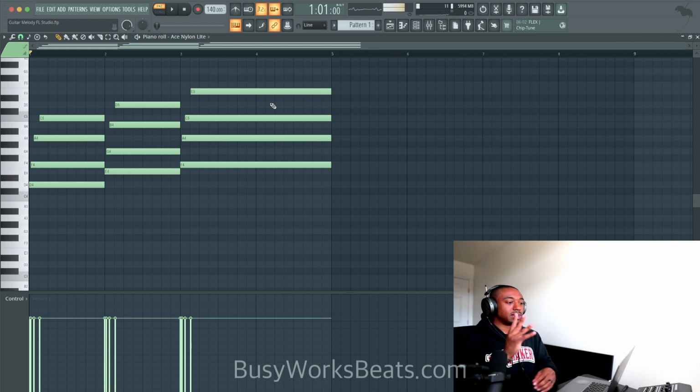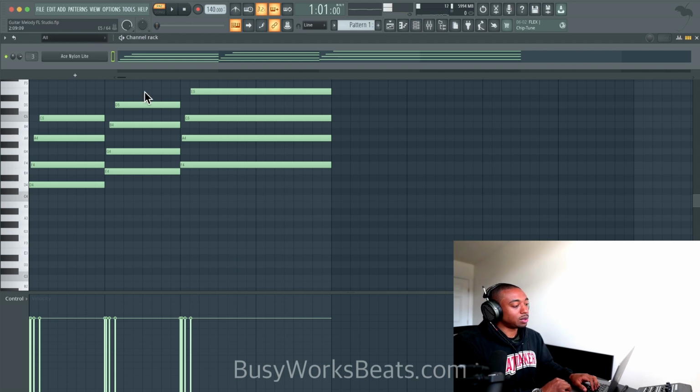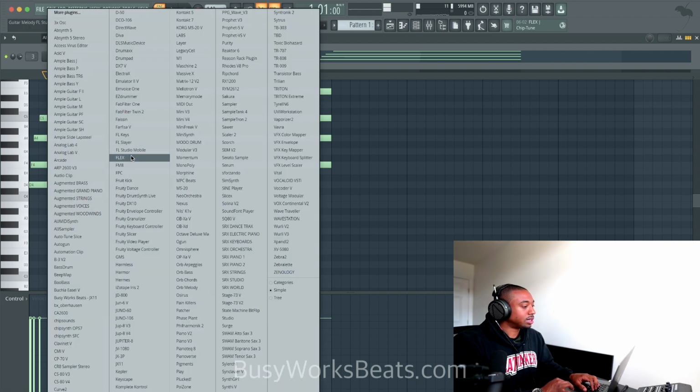Okay, so melody comes down to 4 layers. You have a harmony layer, a top line layer, a contrast layer, and a rhythm layer. So we have to determine what we've just done to the musical composition. We've created what's called harmony. So that's the harmony layer. It doesn't really have much rhythm. It's just straightforward. Let's add another layer.